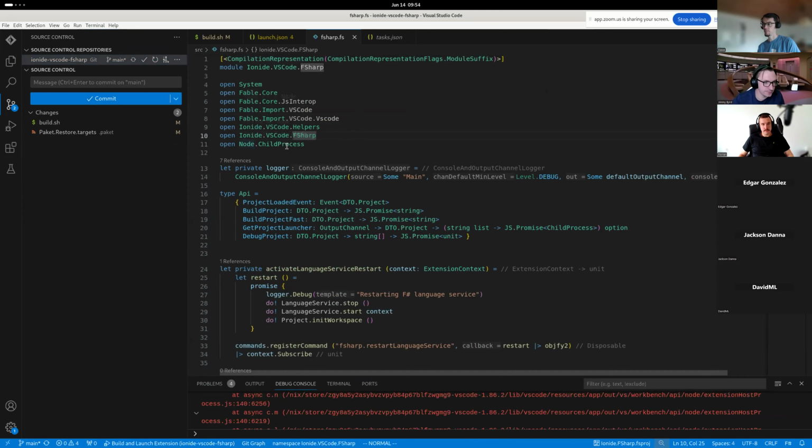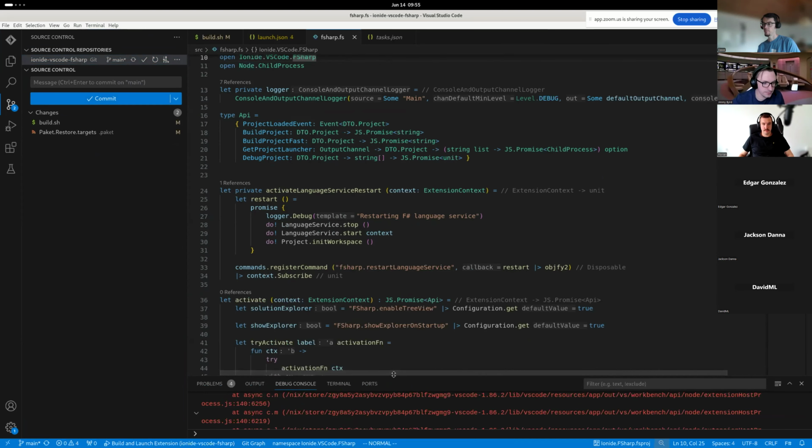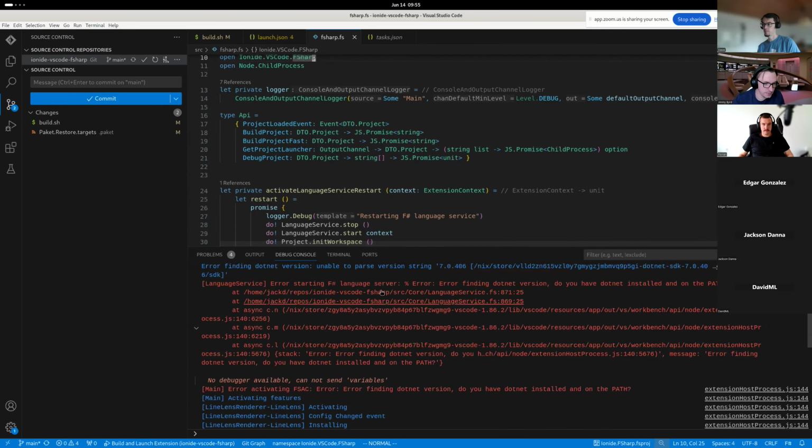Okay, so is there something specific I'm looking for in here in regards to finding the .NET version? I don't know why I didn't think of it. It's probably because you don't have .NET installed on your machine properly, not in a Nix environment when you stand up one of these new things. Is this actually going to be a breaking problem? Probably. It might be.